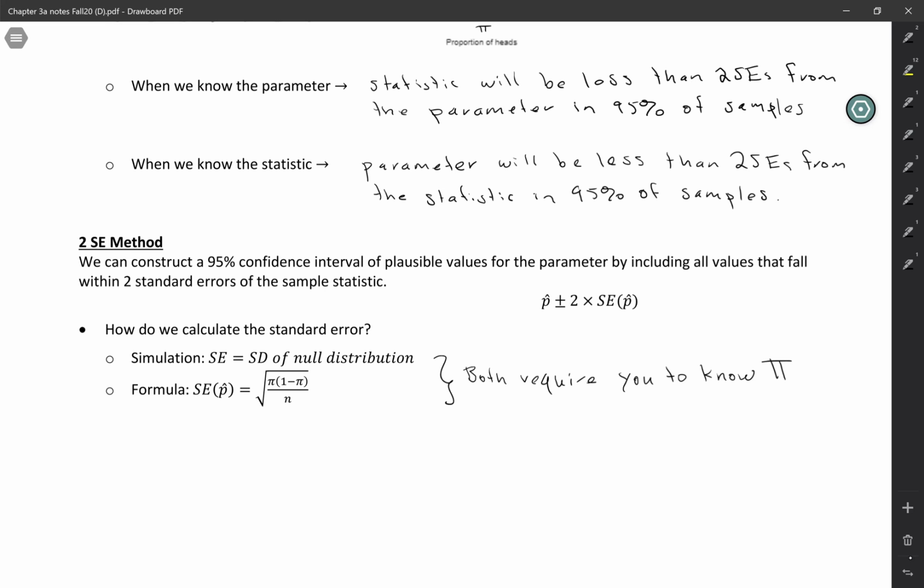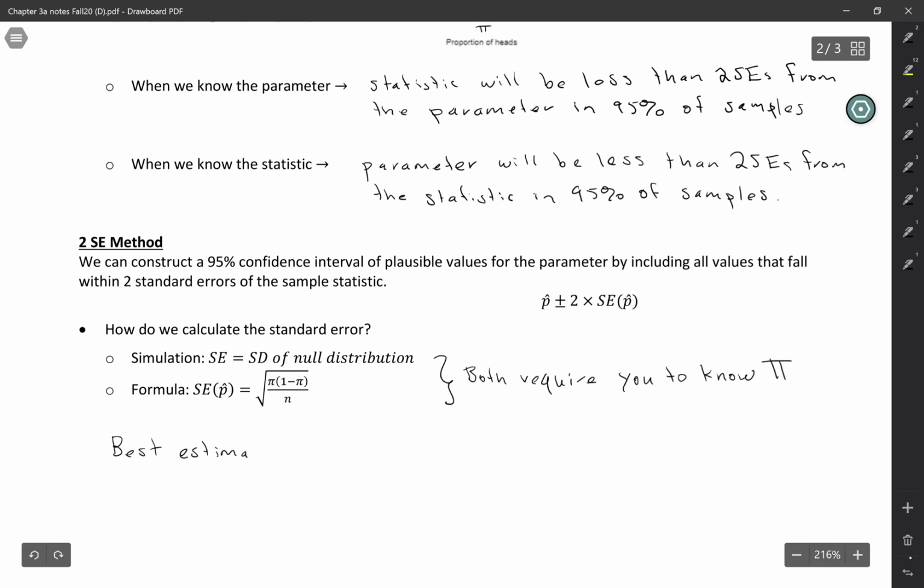Or if you're going to plug into this formula, you have to plug in pi, which wasn't really a problem in previous chapters because we had a null hypothesis value. And we were going through the whole process assuming that the null hypothesis was true. But now we don't have a null hypothesis that we're assuming to be true, and we don't know what pi is. So really we only have one good option, which is just to use our best estimate at this point,